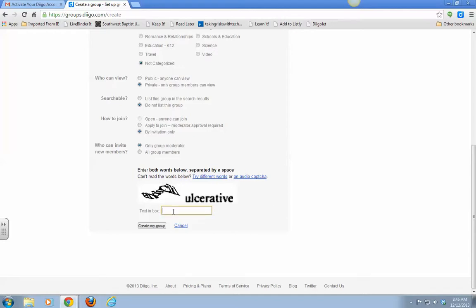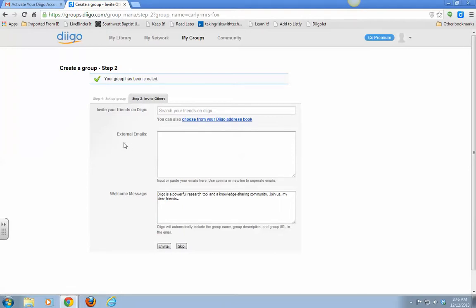So now you have to do this little thing that I always mess up. So I'm going to try a different word. 1, 3, M-E-N-T-R-Y. Okay, create my group. Now this is where you're going to invite your student teacher, and you can do it